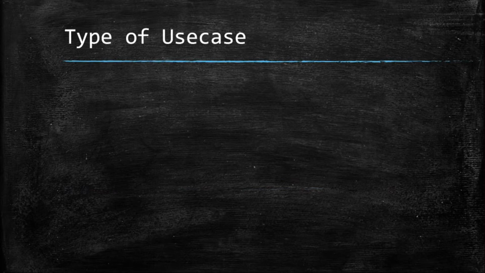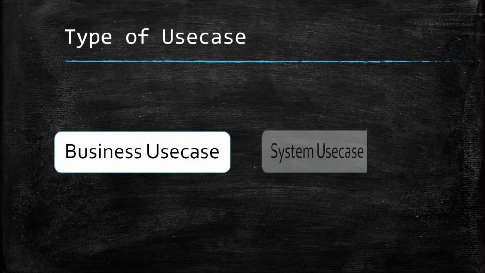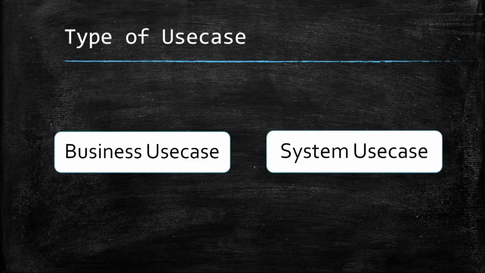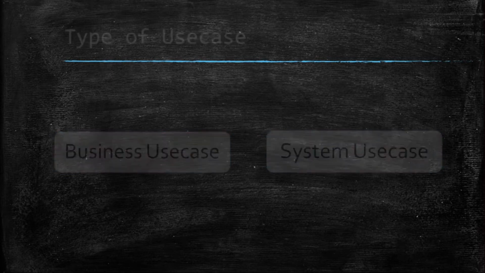In cybersecurity, generally there are two types of use cases used for creating and developing an alert. First is the business use case and second is the system use case. The business use case defines the requirements of monitoring based on business needs, but the system use case specifies the device where that rule will be used to monitor. Let's understand with a scenario.